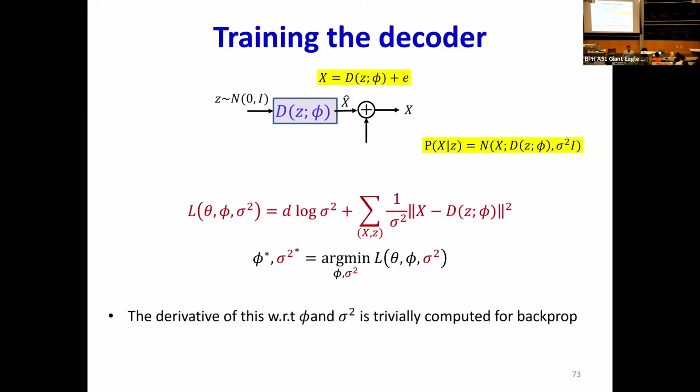I want to make the probability of the noise as high as possible, which is the error between what the model computes and the true data. I want it to have 0 mean, and I want the probability to be high. That way I know that the spread of the noise is as small as possible, right? And so this NLL must now be optimized with respect to the decoder parameters.